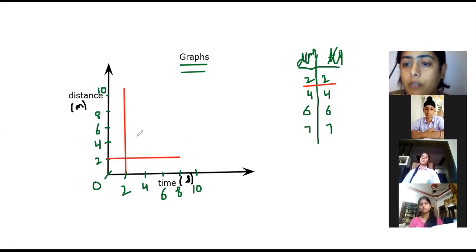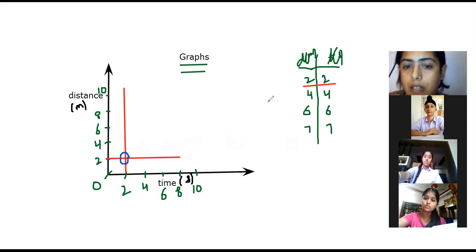So you need to increase the focus. आप pointed pencil लोगे, the pointed dot you have to draw, but you have to increase the focus. That is by drawing a circle around it. I guess now the dot is visible to you all. Yes. Now what I have done is I have increased the focus so that the examiner will directly concentrate there. That dot and a circle is going to show that this is the point. Okay, now same way go for 4, 4, 6, 6 and 7, 7.